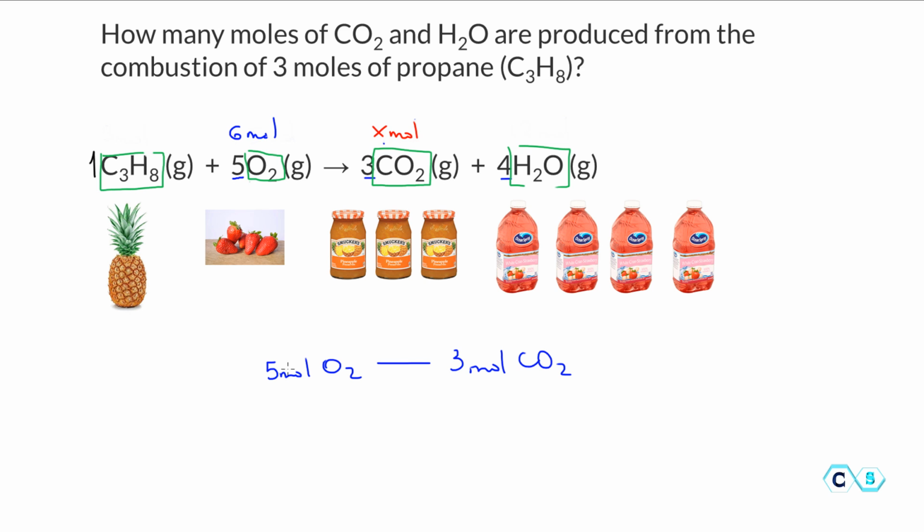And then I'll write down what about if I have 6 moles. Every 6 moles of oxygen will give me X moles of CO2. So if I want to find X, I'm just going to multiply these 2 numbers, 3 times 6, divided by 5. Which is what you do exactly here. Without even setting this up, you can just do it here. You can do 3 times 6 cross multiplication and then divide by 5. So 3 times 6 divided by 5, and what we have is 3.6